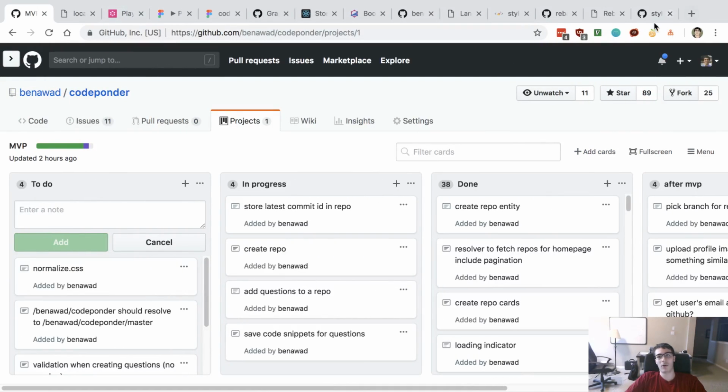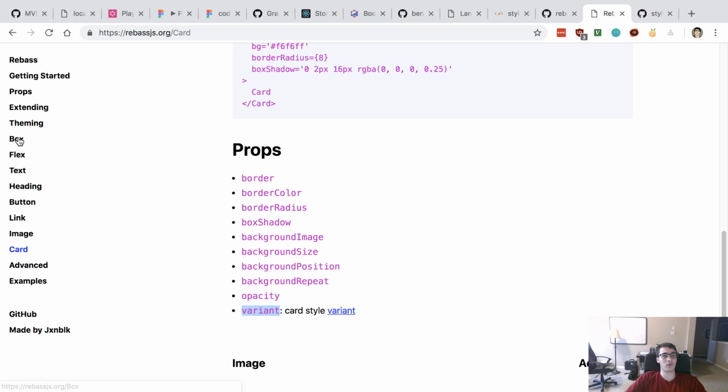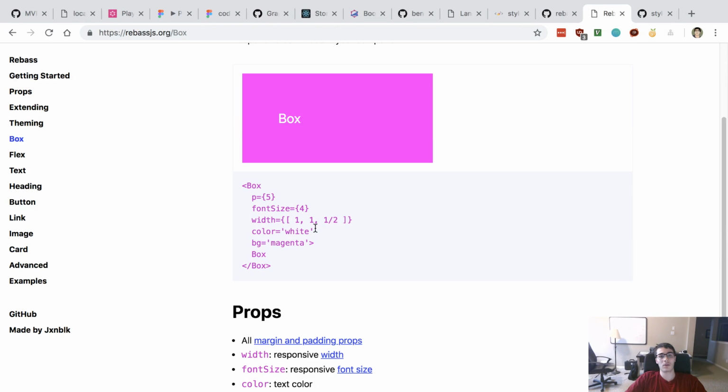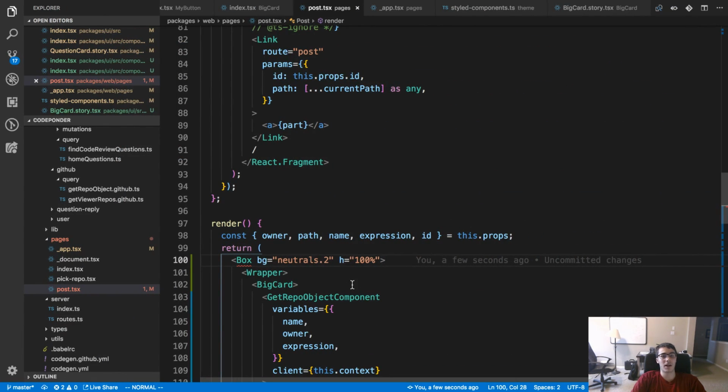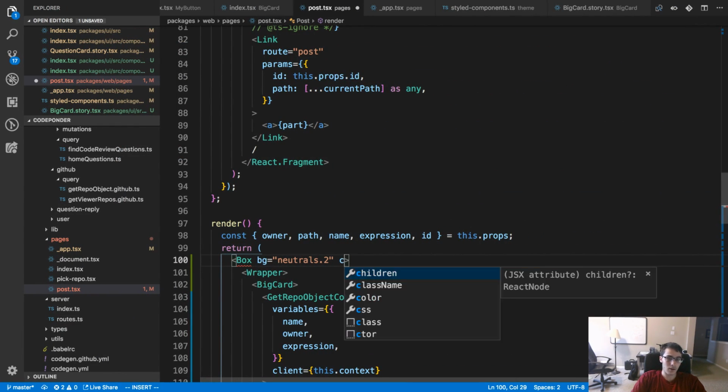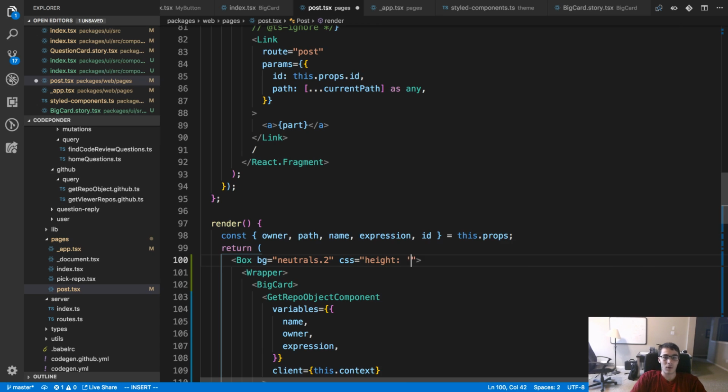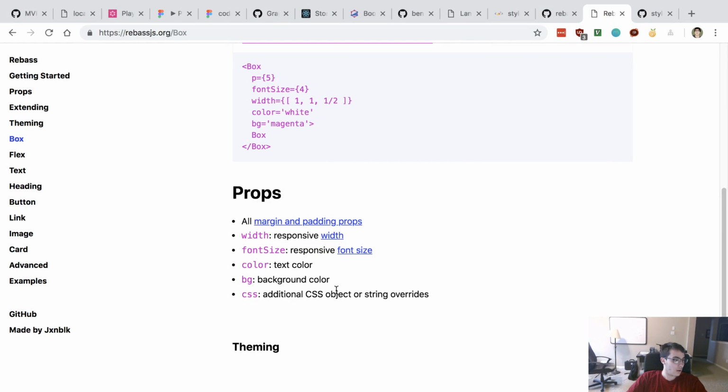All right, so let's see how we do height in Rebas. So box. Additional CSS object or string override. So it looks like I just have to do it through CSS. Why are you setting the height?